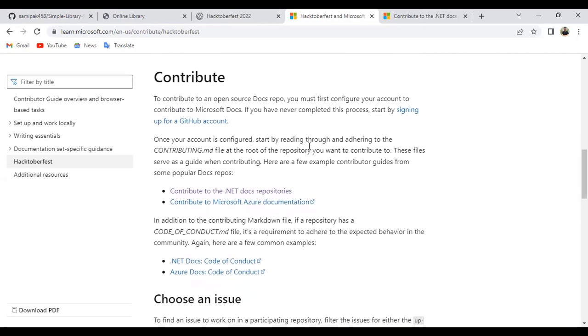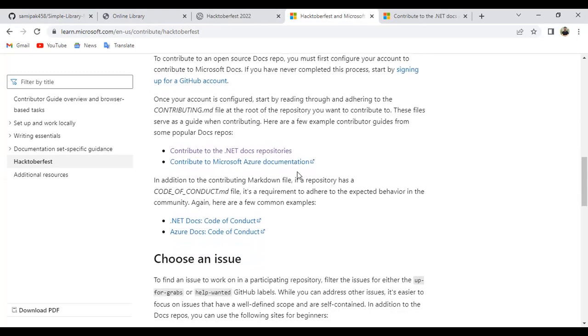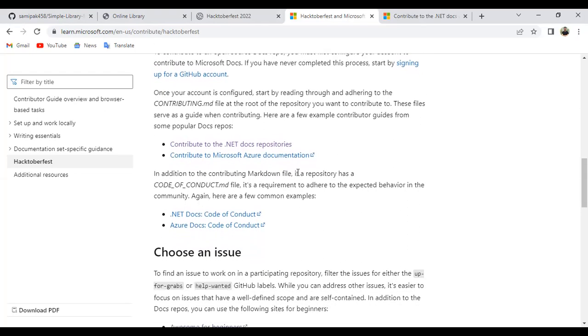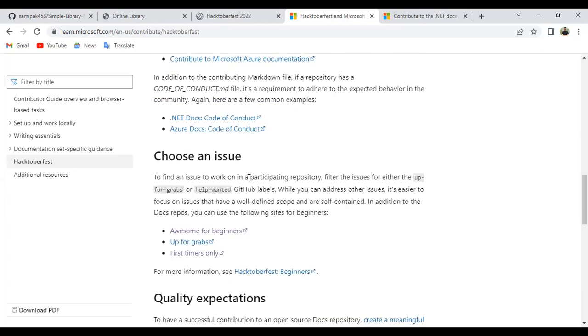After configuring your account, as I told you, you have to search for the Hacktoberfest topic, and you can find all the repositories. So Microsoft repositories are also participating, and here they are particularly mentioned. So yes, I told you about everything.